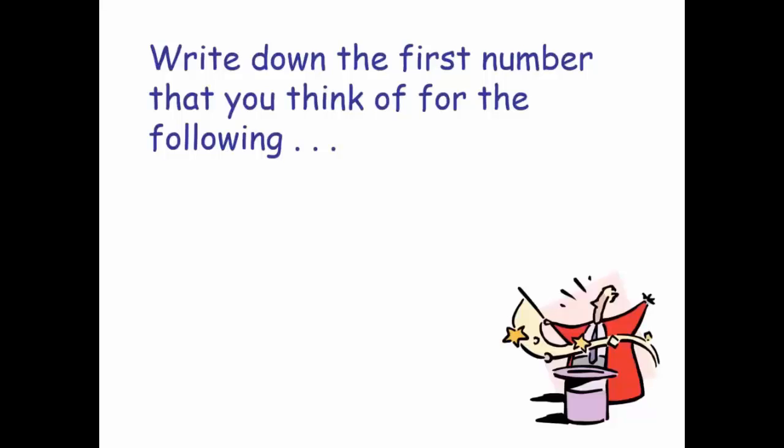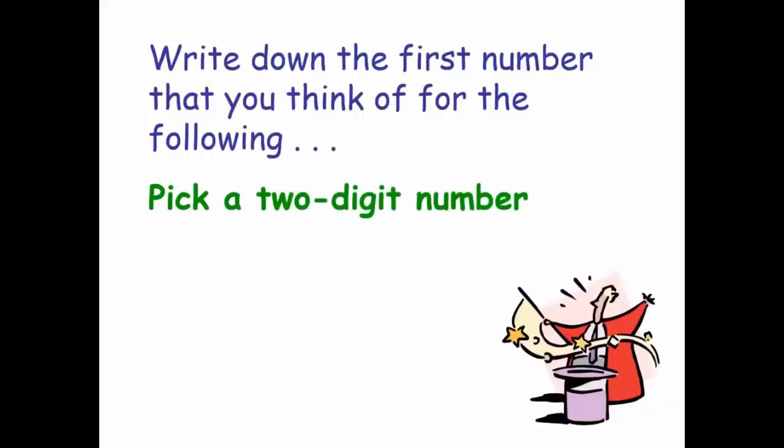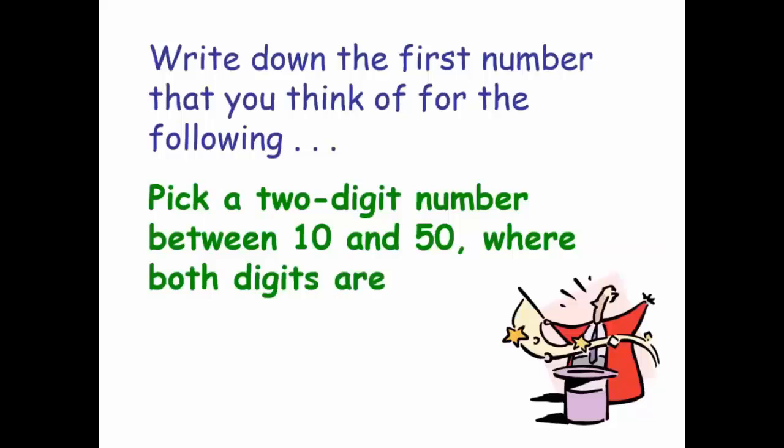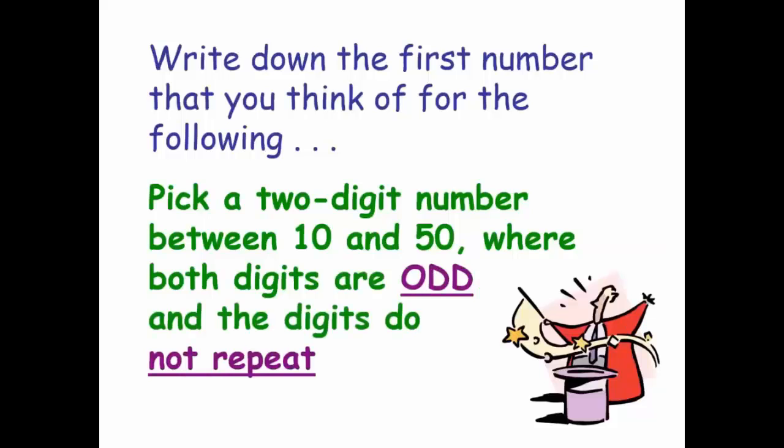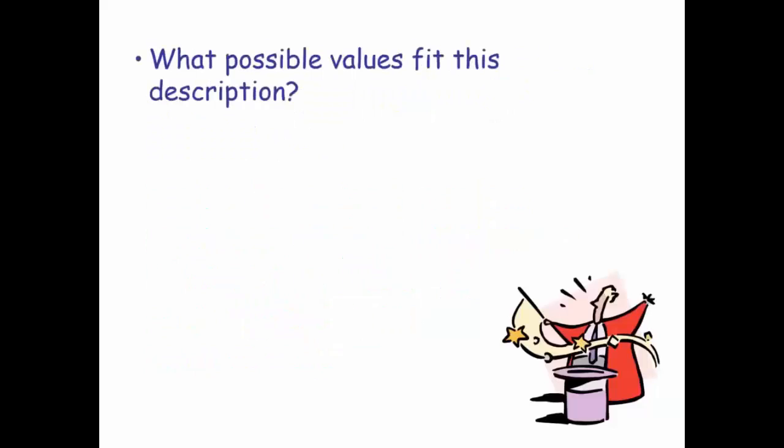So I want you to write down the first number that you can think of that has the following characteristics. We're going to pick a two-digit number between 10 and 50 where both digits are odd and the digits do not repeat. Okay, everybody got a number? Okay, so let's take a second and think about